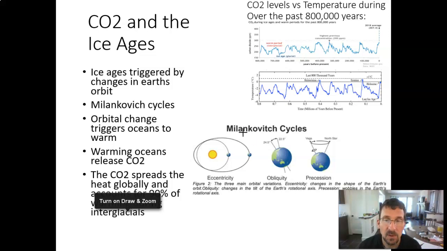And during time periods when the Milankovitch cycles lead to warming, it allows the oceans to release carbon dioxide. And when they release that carbon dioxide, that means that the atmosphere is able to trap even more heat. So a Milankovitch cycle will trigger the initial warming, and then that triggers a release of carbon dioxide, which causes even further warming. And that's what leads to the time periods during the Pleistocene when carbon dioxide levels would go up,